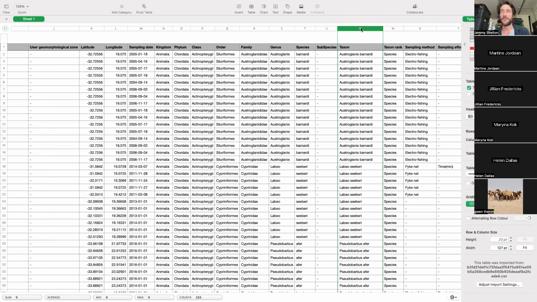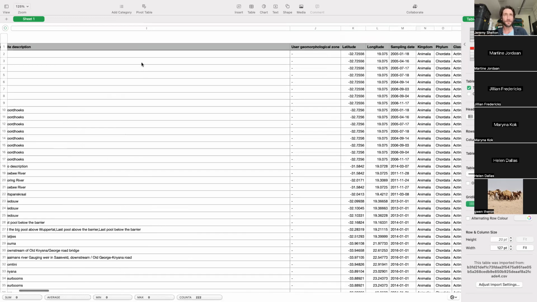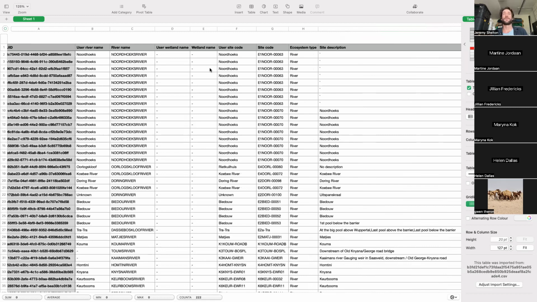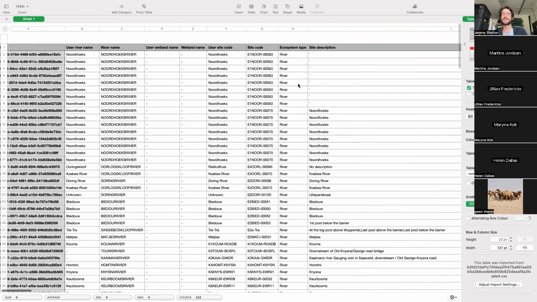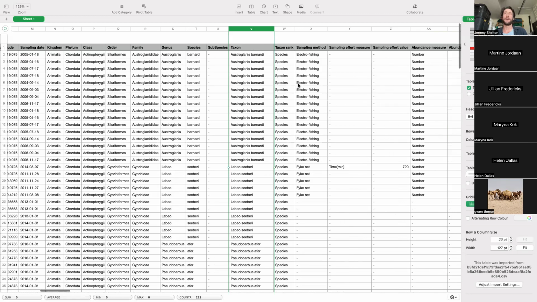And then everything else in the spreadsheet are other attributes of that data point, whether it's its taxonomy or the location of the site and the date where the sample was collected,